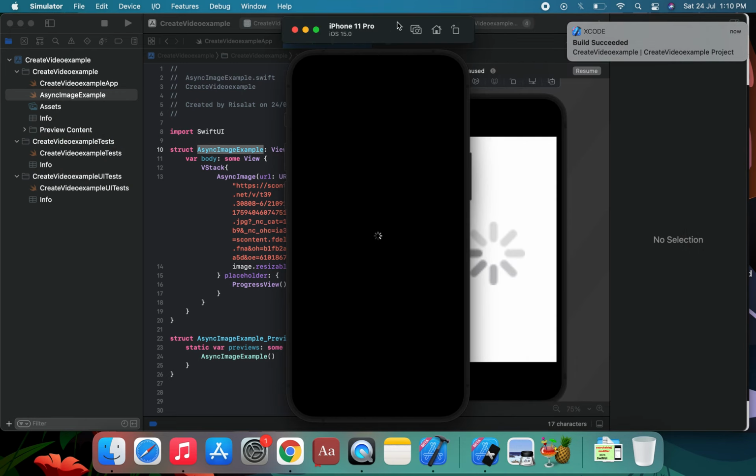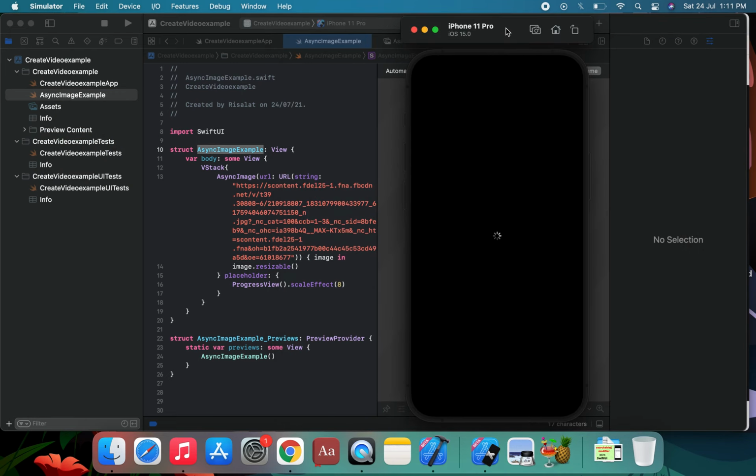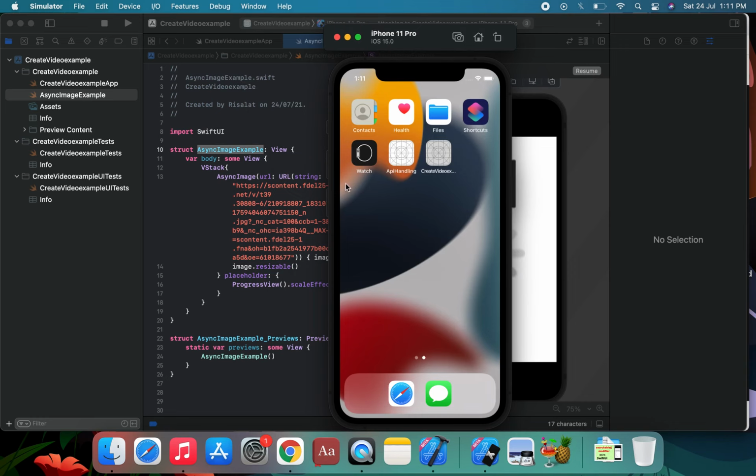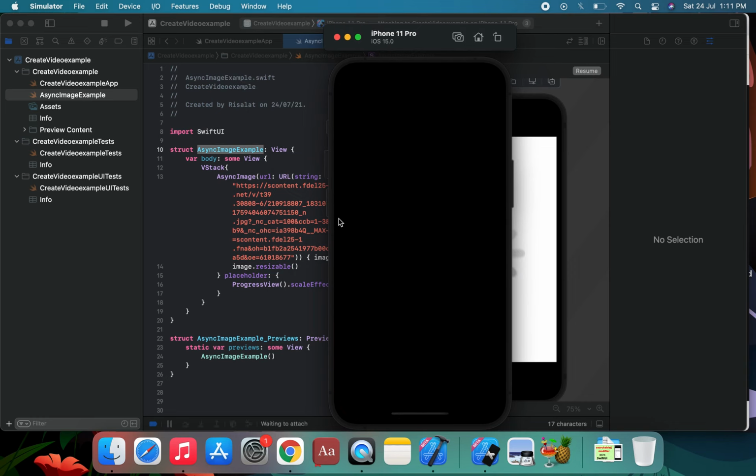Suppose this is the 11 Pro, with the iOS 15 simulator updating the UI. So this runs the application. This is the internet connection uploading the image in the UI, in this particular situation.